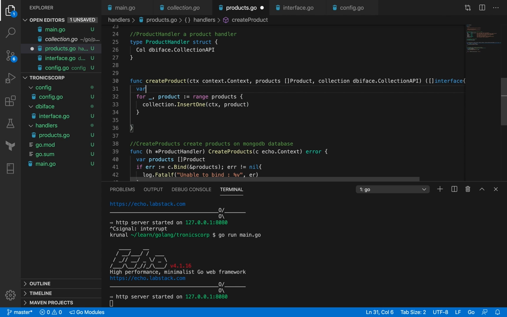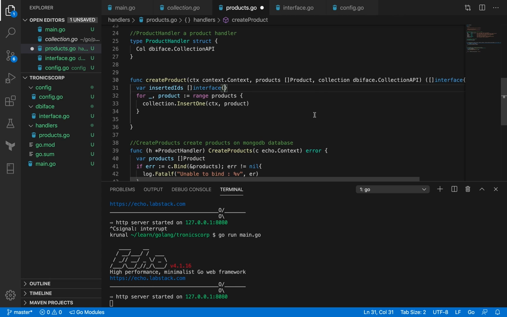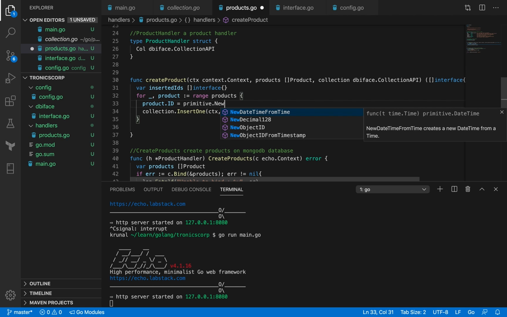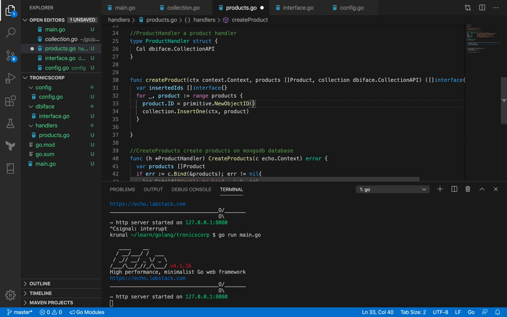Before that, let me do something else. Let me define an interface for inserted IDs. Okay, and here when I'm looping through the products, I get one product. That product doesn't have an ID, so I need to actually give it the ID attribute. The way I do that is with a new ObjectID. So I give it the ID and then I insert it into